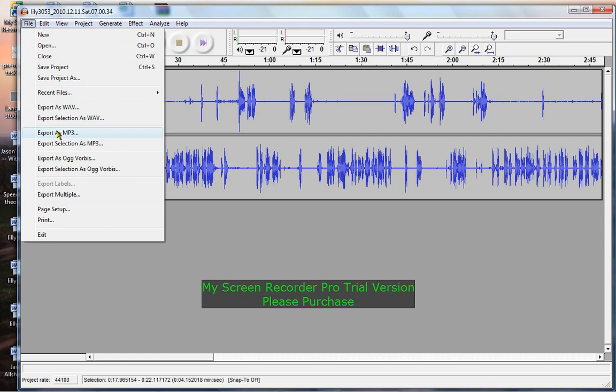Some people might not have these ones. Some other people have the portable version of Audacity. Maybe they don't have this. But if I click on Save Project,